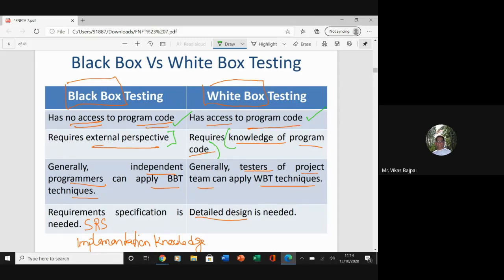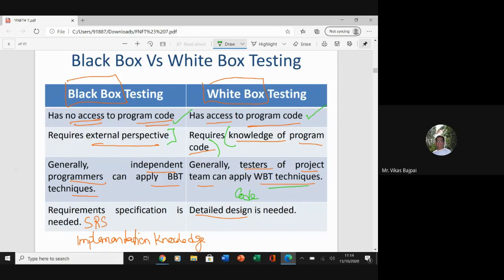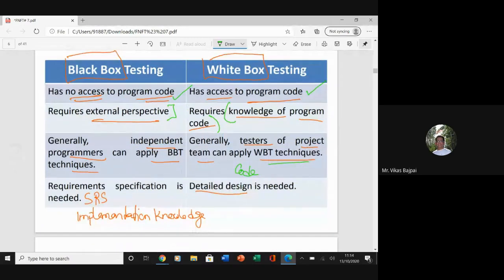In black box testing, we can have independent programmers, and these independent programmers can apply black box testing techniques. Whereas in white box testing, I need testers of the project team who can apply white box testing, because now we are passing the piece of code to these testers. Now, requirement specification is needed in black box testing.